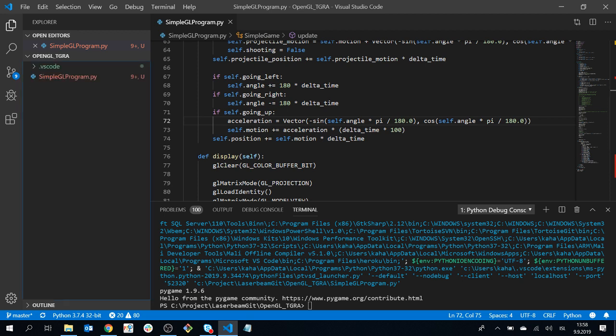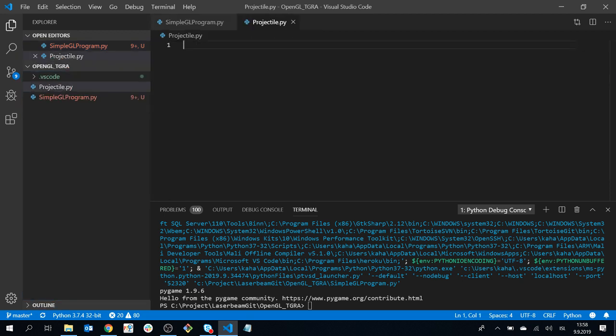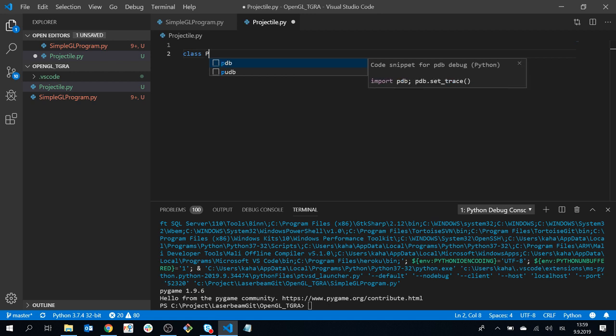In this case, I'm just making a separate file for this class. You can also combine this and have an objects file that has all the objects in it, or an OpenGL functionality class that just has your drawing functionality and things like that, easily accessible with function calls. So if we start with this and just say we're going to have a class projectile. This can be any class at all, class moving box, something like that. And all I want to do here